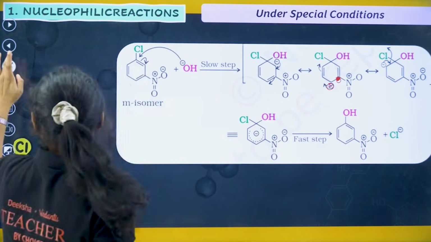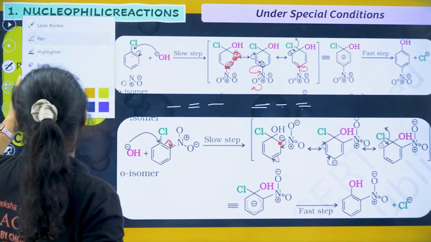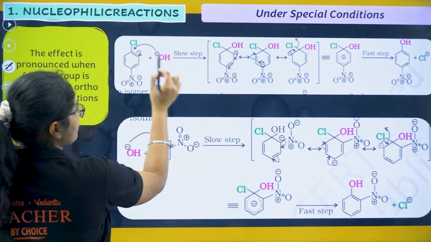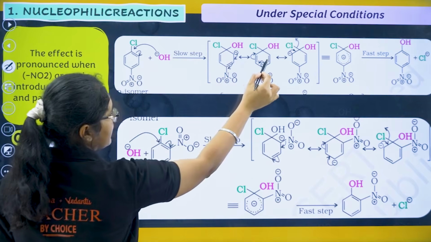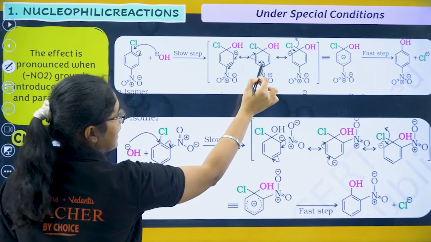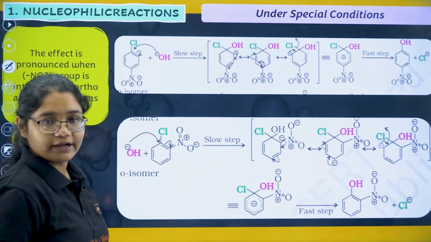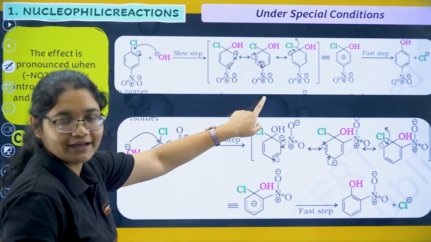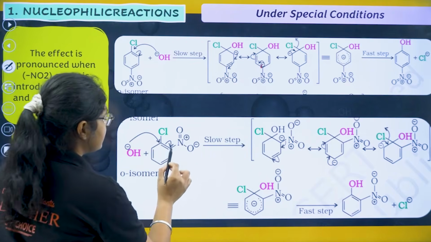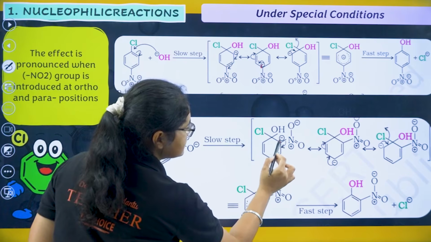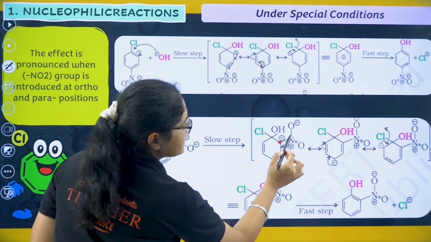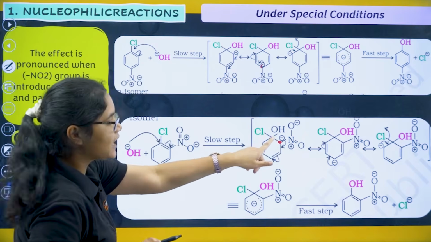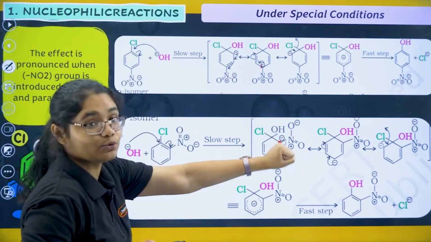If you see the previous two cases, the electron came here first, then the electron came here, then the electron came to the carbon where the nitrogen is bonded. Then only it can steal from here, right? The electrons have moved to the carbon where the NO2 is bonded. This carbon should have electrons, then only NO2 can steal.